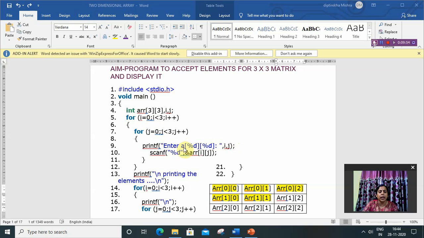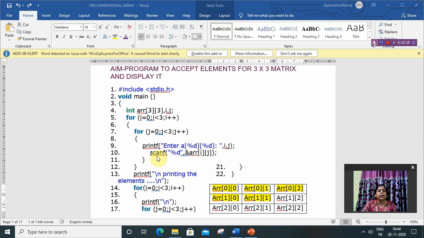So it says enter a[0][0], meaning the value will be entered for the first element. When we accept the value from the user by scanf, it will store in a[0][0], the first element of the table.